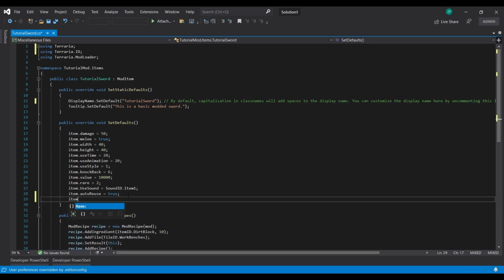So I'm actually going to add item dot use turn. I believe this is already set to true, but I don't know if someone will want this off or not. Probably not, but basically what this does is it allows you to turn when you're swinging the sword, or else if you have this default, you won't be able to turn. The sword would just be swinging in the same direction. But yeah,